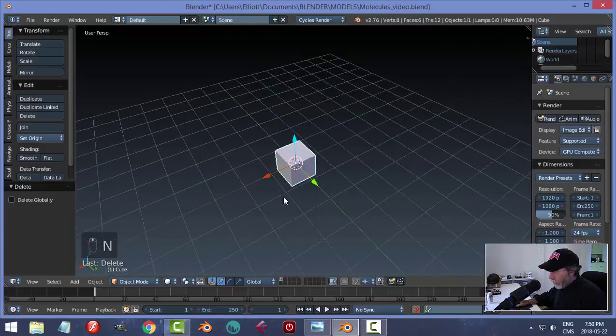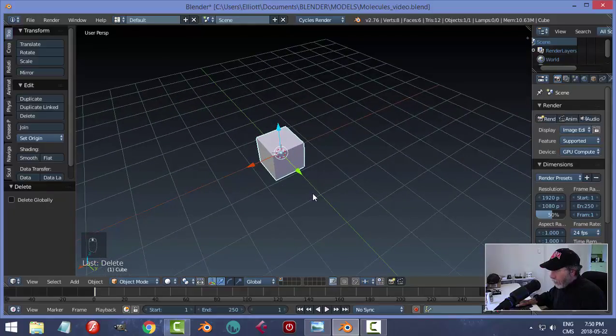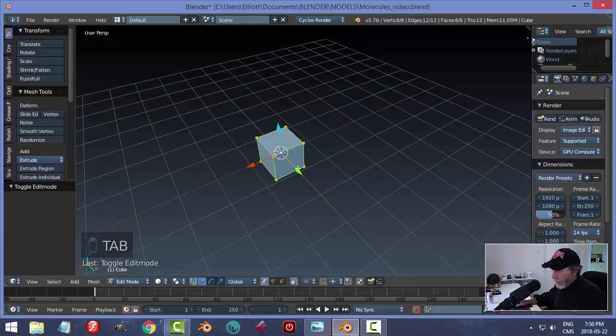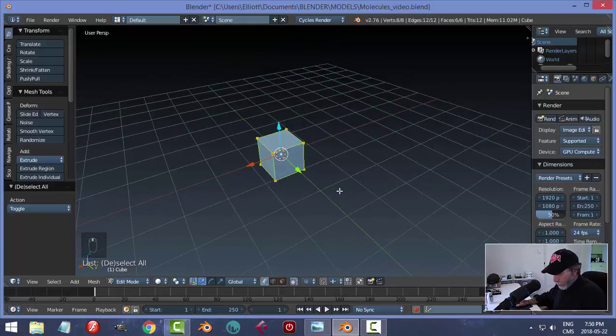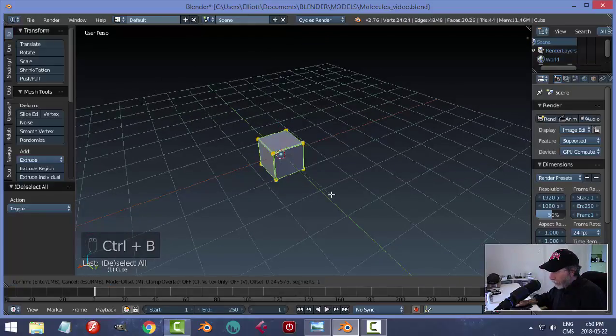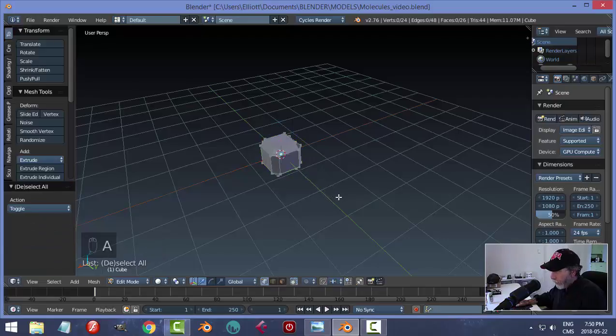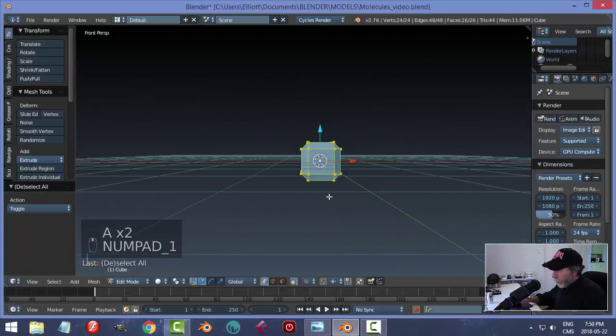So here we are. Here's the default cube. So I'm going to go into edit mode, and with it all selected in any of these modes of selection, I'm in vertex mode right now. I'm just going to bevel this. I'm going to go Control B, and I'm going to pull and bevel the whole thing, just like that. Okay. I'm going to go into front view,